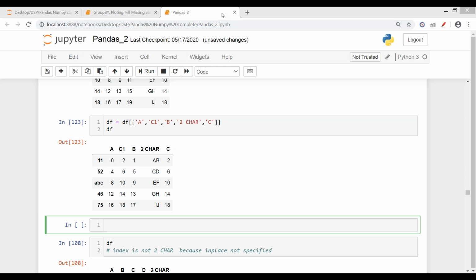Just give me a second. You can do sort index, but again it won't give you custom values. You can apply sort index, or you can sort by a column, but again it won't allow you to specify randomly, like what we did here, that first I want C, then I want C1. That thing cannot be done.